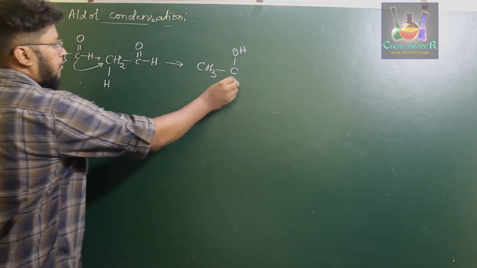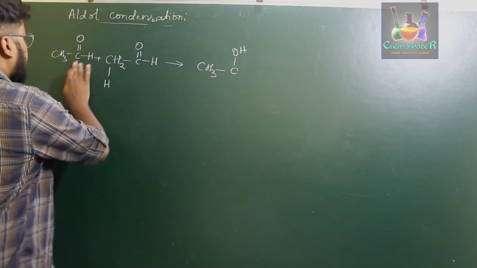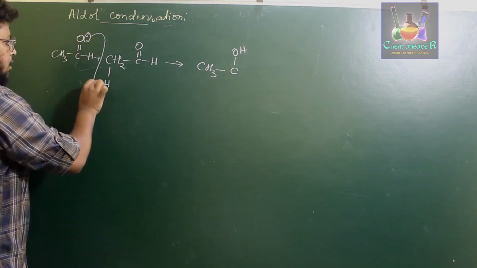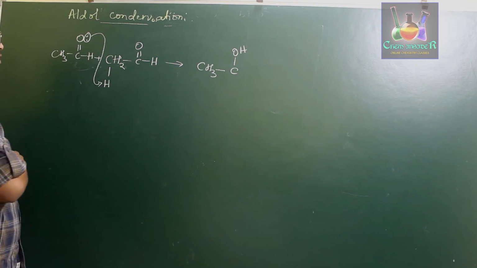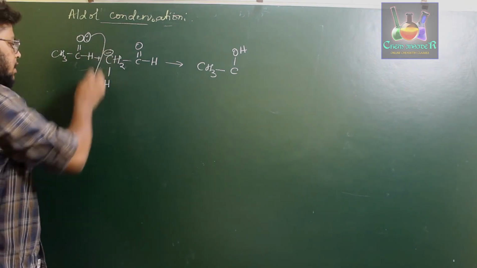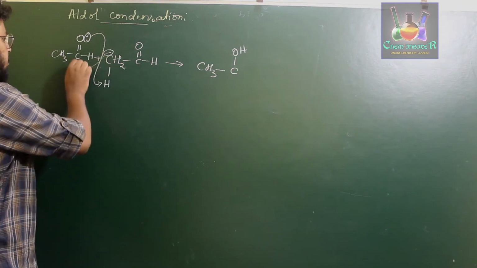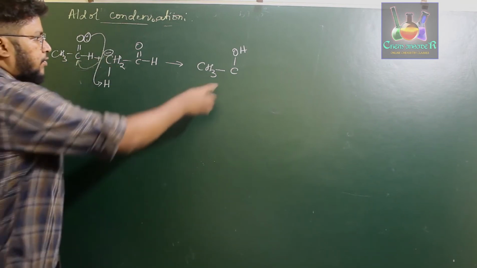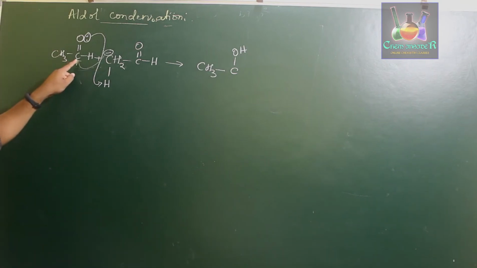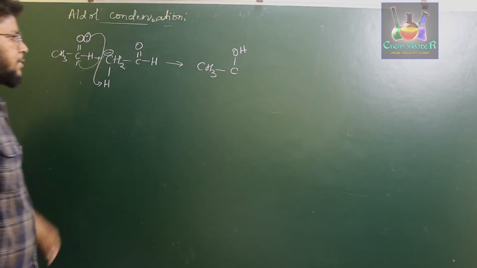Okay, and sorry, that is not the way. First, the lone pair of electrons present on the oxygen attacks the hydrogen, the alpha hydrogen, which results in the minus charge on this carbon. That minus charge will later attack this carbonyl carbon. So first we form an OH group on the carbon atom, and then we form a bond between this carbon and this particular carbon.